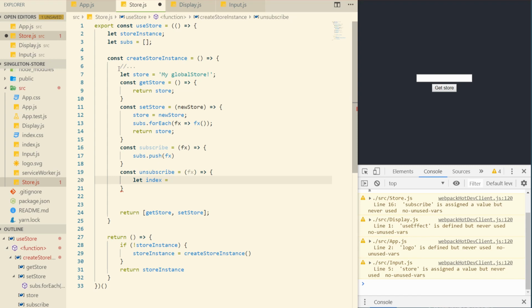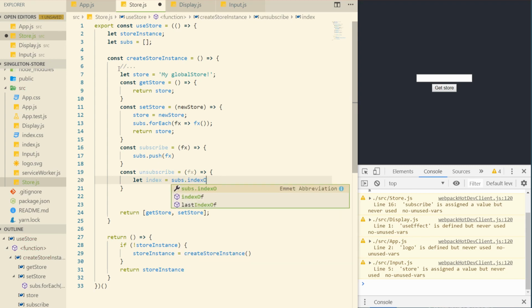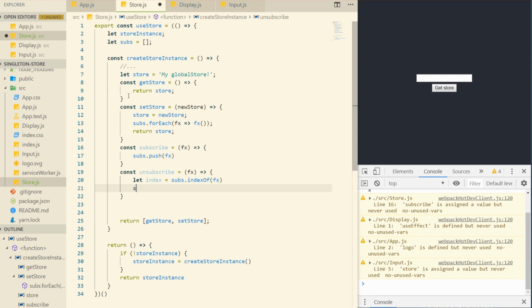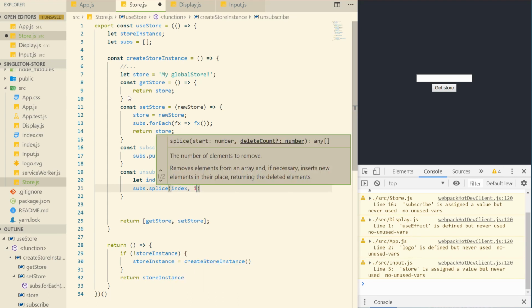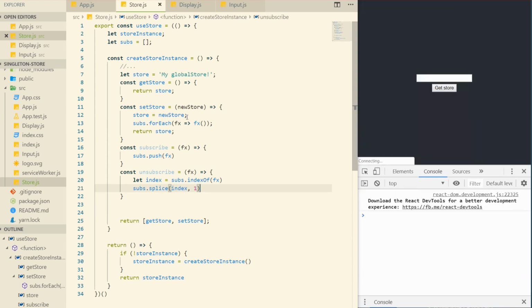But we'll say subs.indexOf, the function that we just passed. So we'll just have to make sure that whatever function we pass to subscribe, that's the same function we need to pass to unsubscribe. So once we have the index, we can use subs.splice and remove the item at that index, one item. And that should unsubscribe us from the